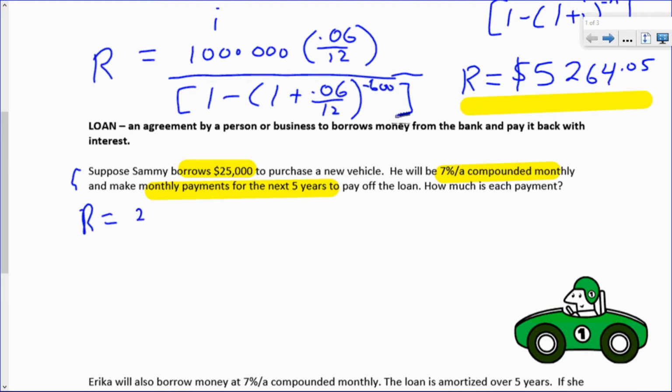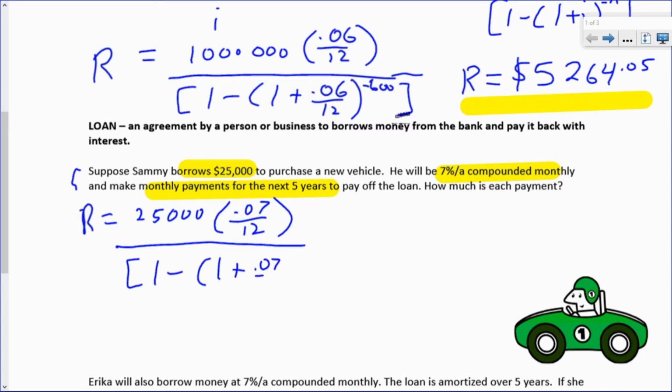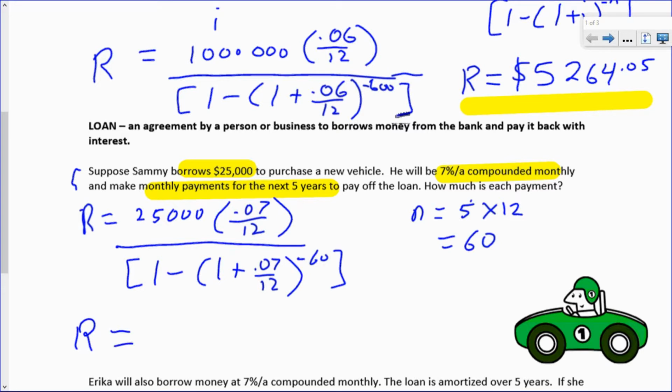So our present value will be the amount of the vehicle, or the amount of the loan. Our interest rate is 7% divided by 12. And our number of payments, well, 5 years times 12 months in a year is 60 payments. We punch that all into our calculator, and we'll find out that we get $495.03. So that's the monthly payment amount,